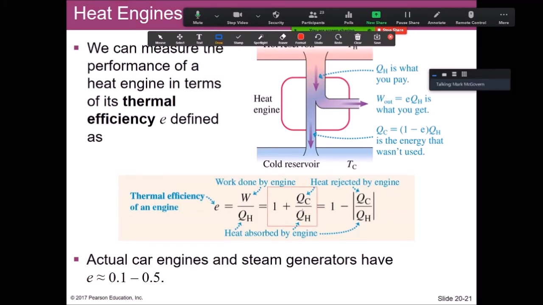But I'm not a big fan of this because it kind of assumes that you put in your QC as negative because it's being expelled. I kind of don't like that. I like keeping everything positive and considering if you're adding or subtracting because of what you're doing with the energy. So the first and the last expressions are really the nicer things you want to see here.